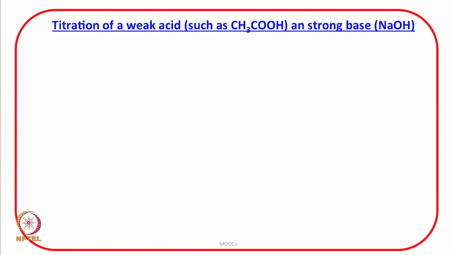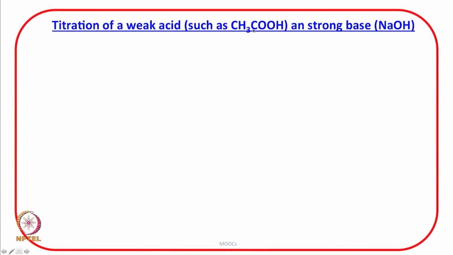Okay, let us talk now about the titration of a weak acid with a strong base. A weak acid, again as we discussed in the previous lecture, is not completely ionized. It is very weakly ionized. An example of a weak acid is acetic acid. A strong base is virtually completely ionized. So, let us take this example and go to the slide. Weak acid, example is acetic acid. So, when you titrate,